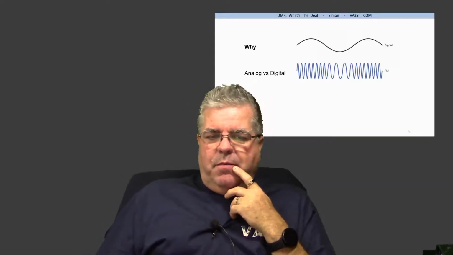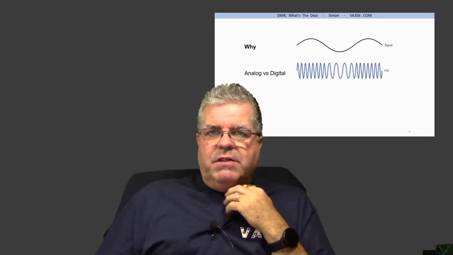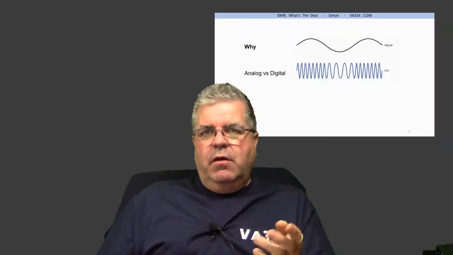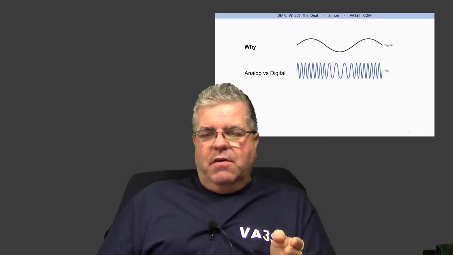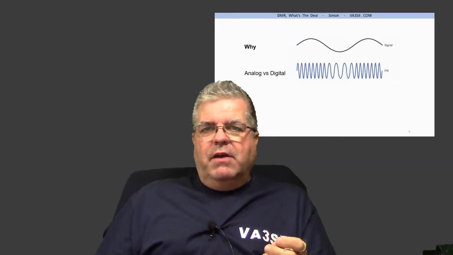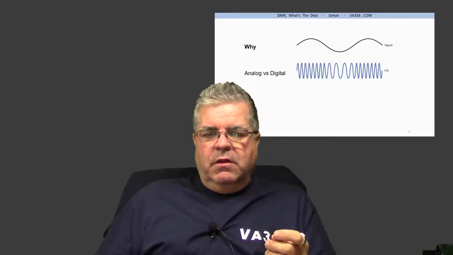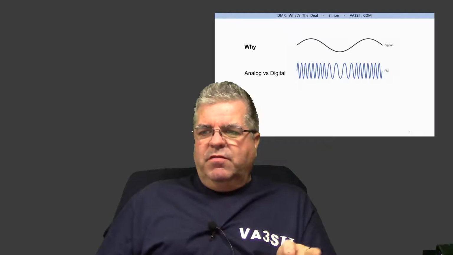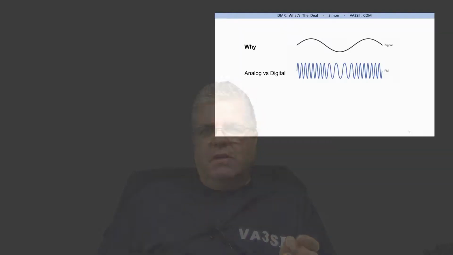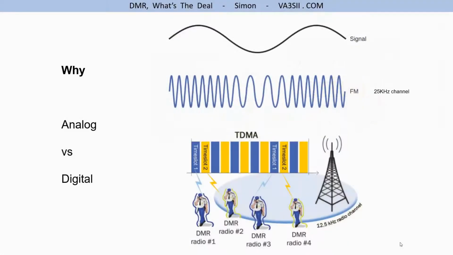Well, we have analog FM repeater channels capable of carrying one signal at a time and occupying about 25 kilohertz. DMR can carry, I believe, 8 signals in a 12.5 kilohertz spacing. So here's the explanation again. An analog FM repeater will occupy typically 25 kilohertz, up until a few years ago where you've dropped to narrowband